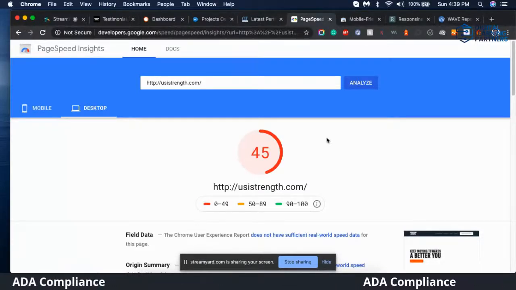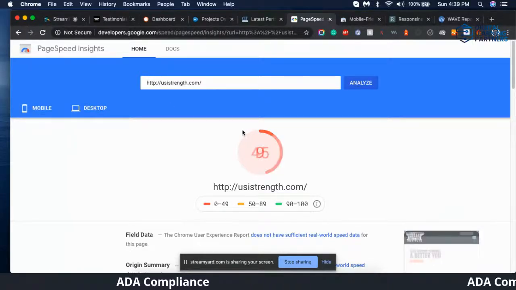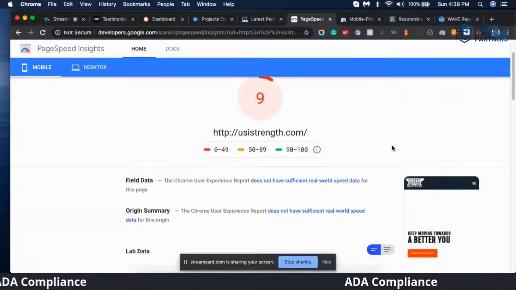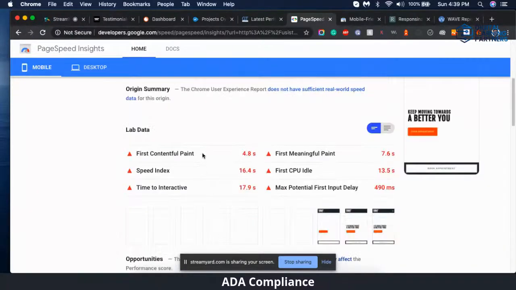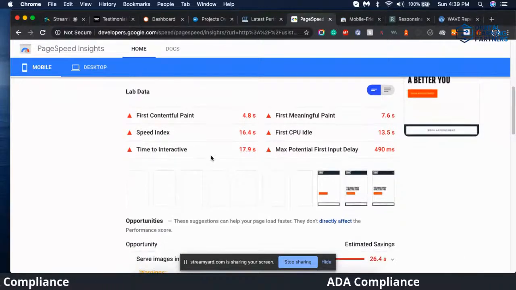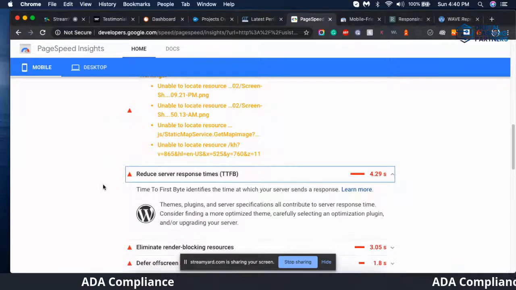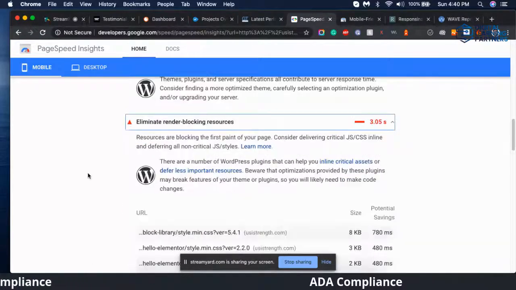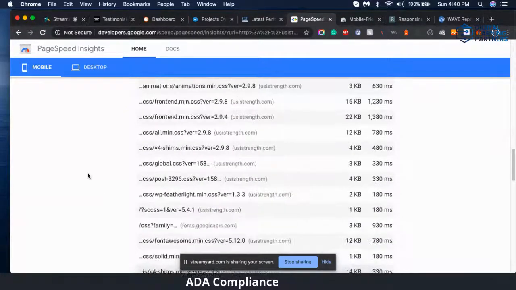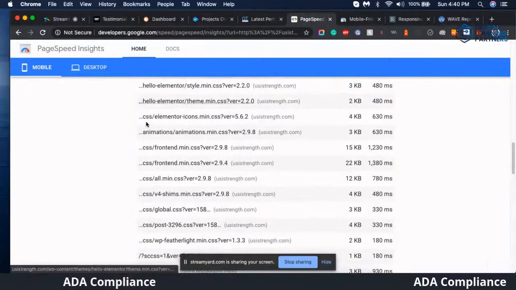No, but what I'm saying is, why is it that it's 9? Doesn't this have to do with the service provider? Doesn't this have to do with the host? Excellent question. When you scroll down, it gives you the whole detail. Right here. Speed index, time and track, all the information is right here. So again, see all coding stuff. Server issue, render blocking resources. Yeah, it is Elementor. There you go.